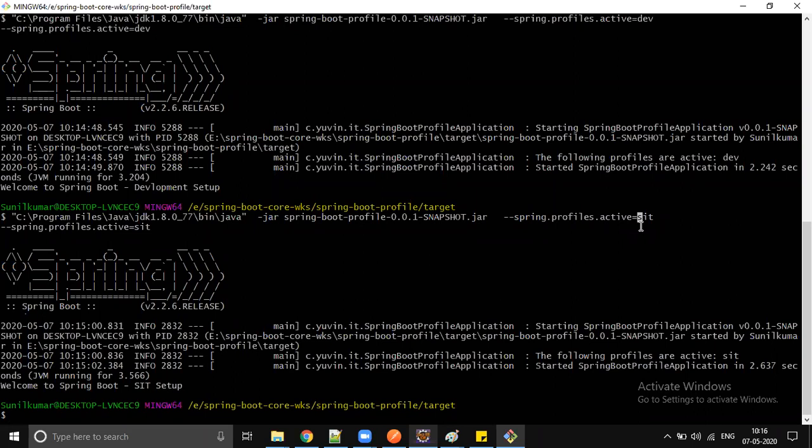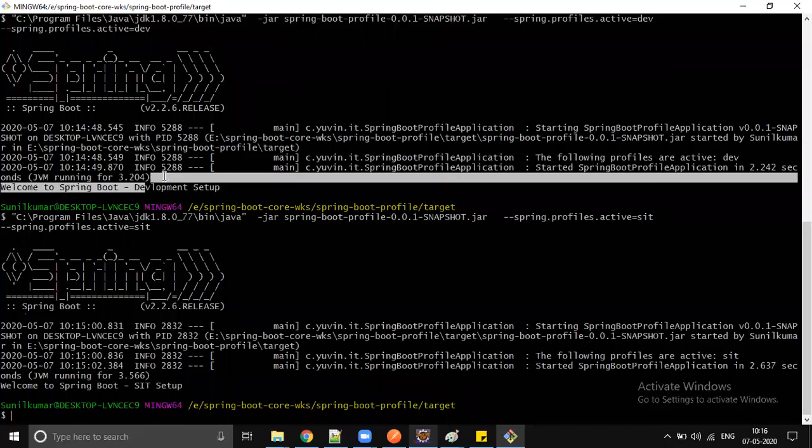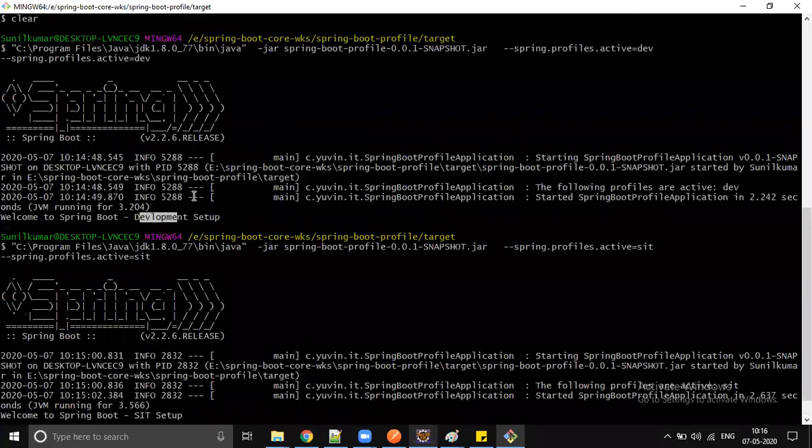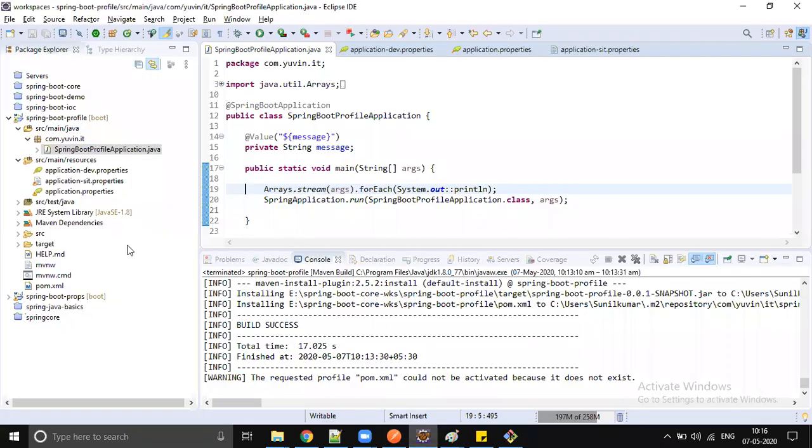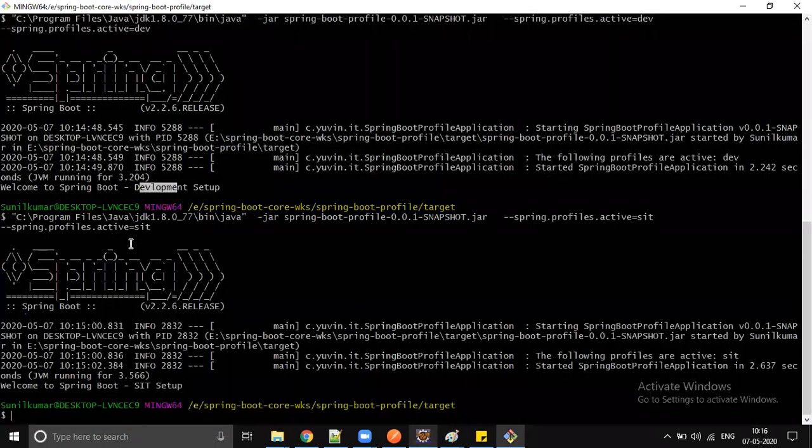Again, it's system integration testing. The naming convention is different, but SIT means where the actual testers will test it. Development means the developer has to do integration testing. So among the environments we have local, where you test only your changes. Once you push the code into Git, build it in Jenkins and move the code to the development environment, you do a development integration test, not only of your changes, right?